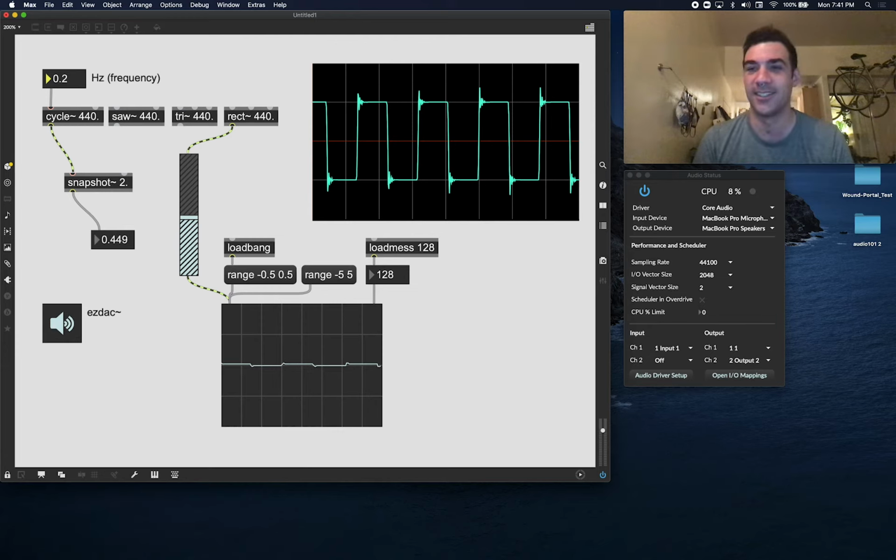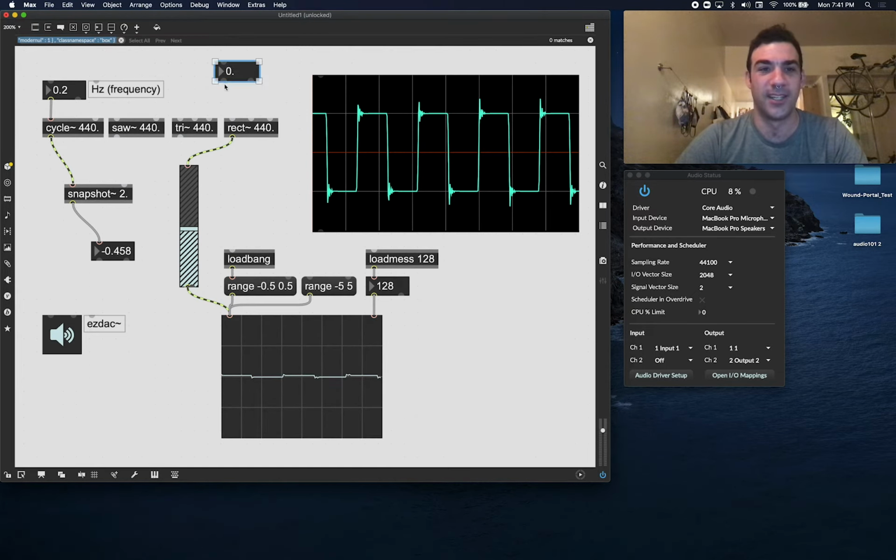So not only do these objects have to be used for sound, they can also be used as a control parameter for how we want to manipulate something, and it would give it a certain quality. An example of that is the rect, where if you wanted something to toggle on and off really fast,